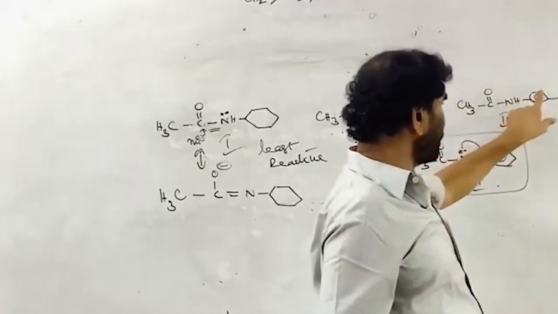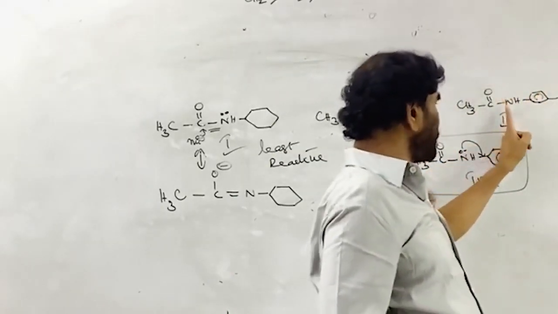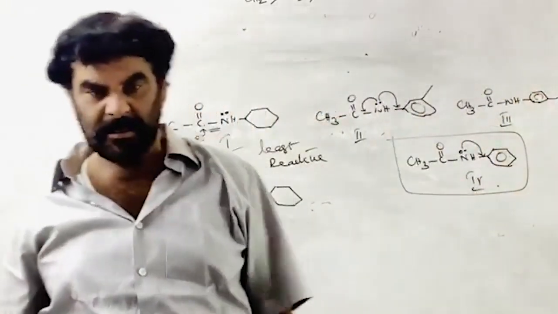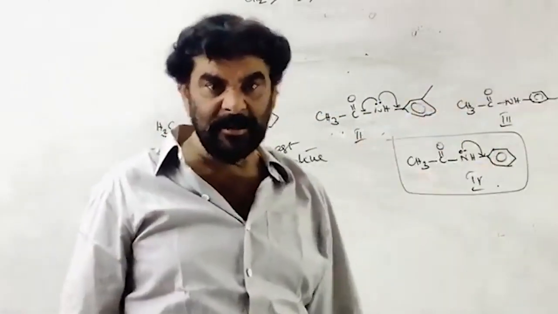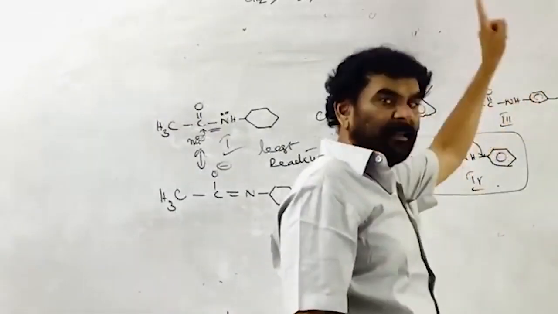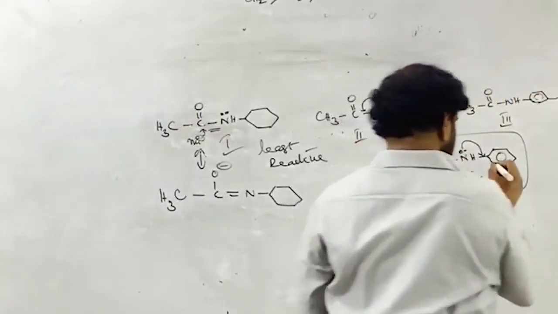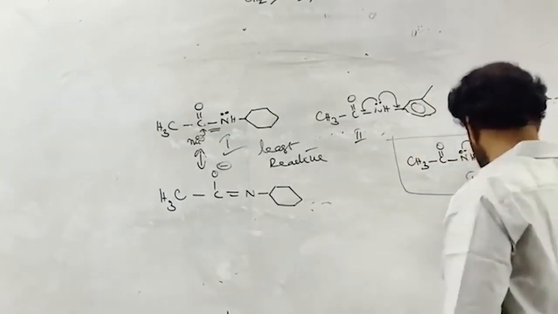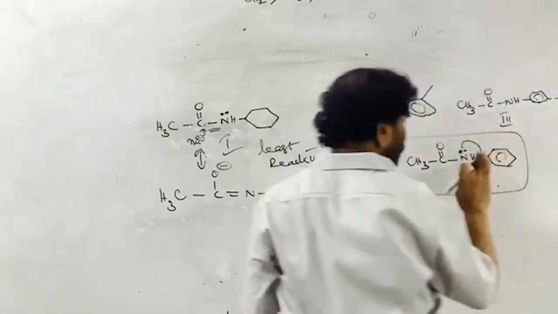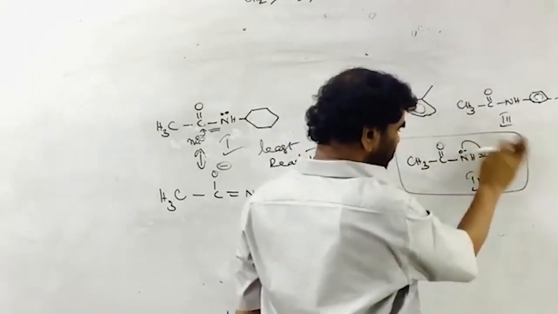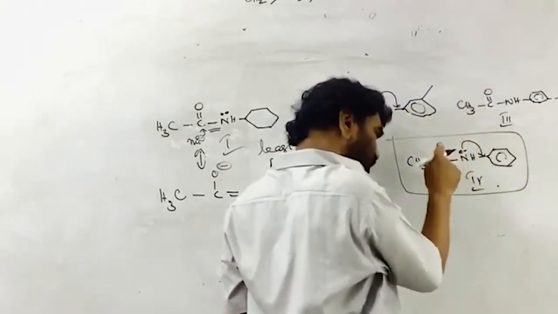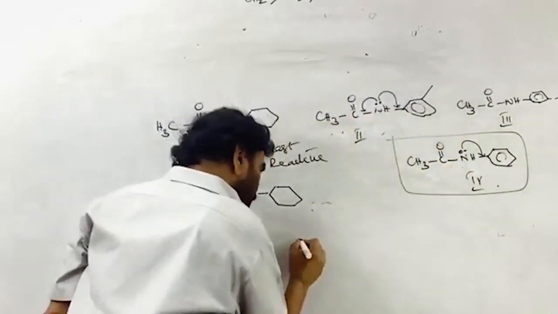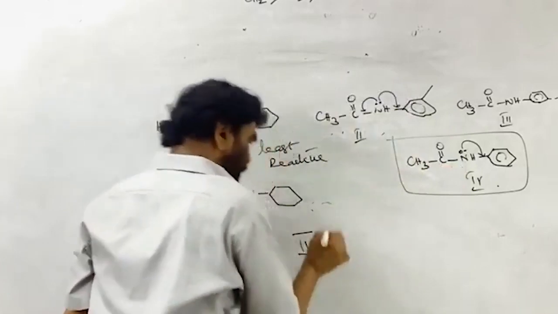That is, as the electron density on this increases, the pleasant effect of the NH group decreases. The lone pair's tendency to move into the ring decreases because the electron density is already more. Here, among this methyl, methyl, and this one with no methyl, resonance is more. So the lone pair of the nitro is more involved in the resonance on this side, and its involvement toward the other side is less. Positive charge is more, so this is more reactive and takes part more readily.